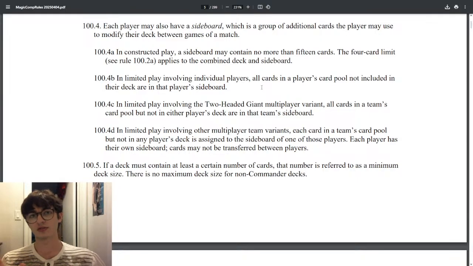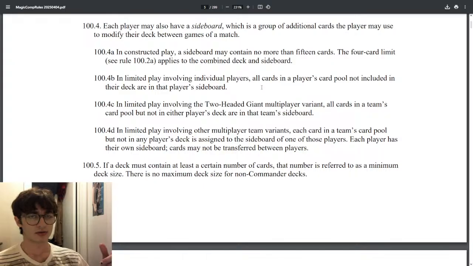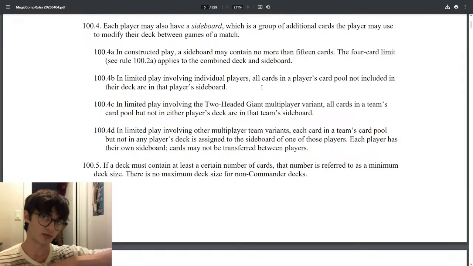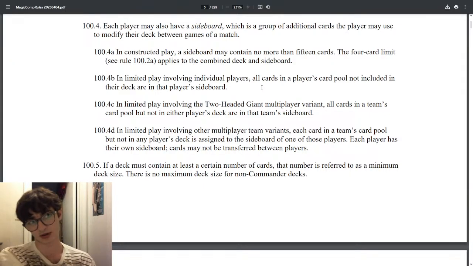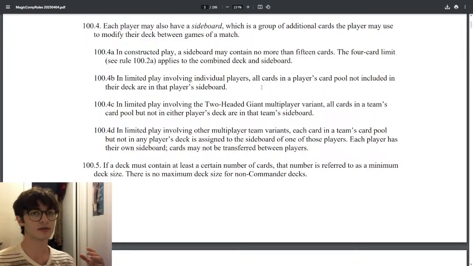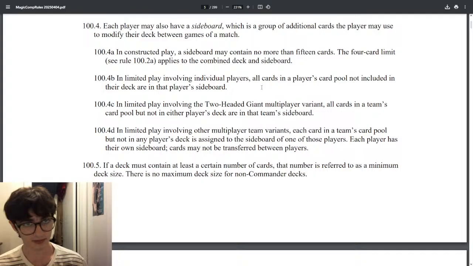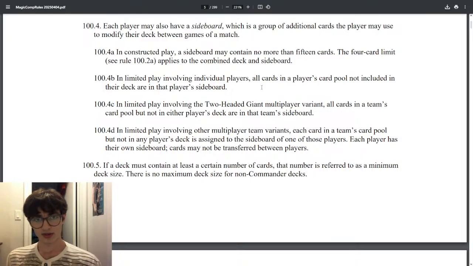And then once you go to your round 2, in between those games, after you've won or lost your first game, game 2 of round 1, you can take that card and put it in your deck and take a card out from your deck. The only way that this doesn't work is if you take a card out from your deck and then you have a 39 card deck, or in constructed play a 59 card deck. That deck is illegal. You can get called out for that. Okay.